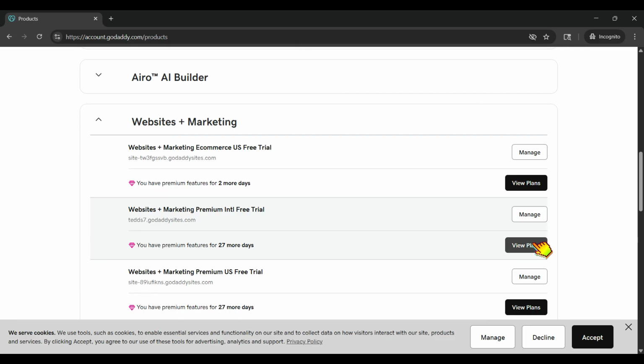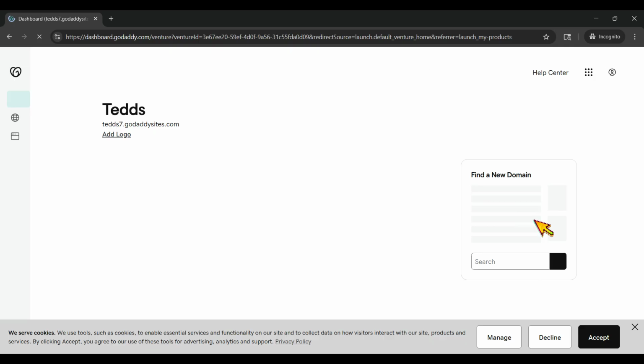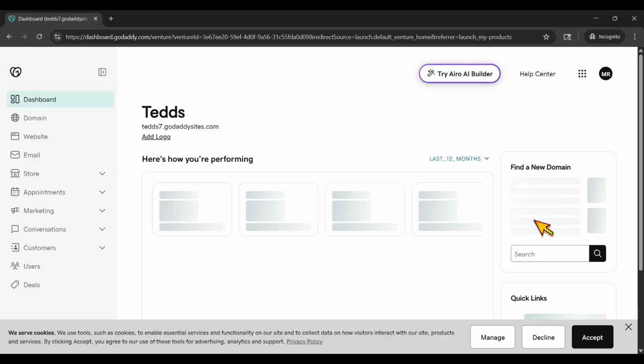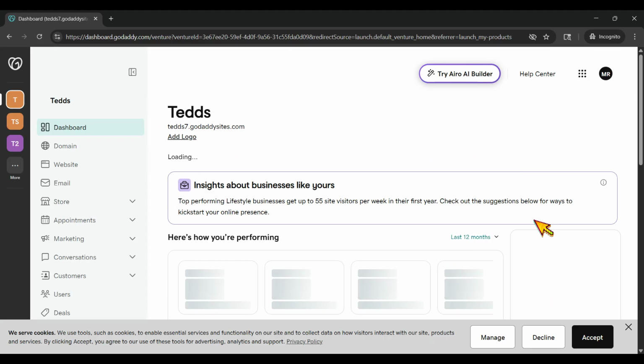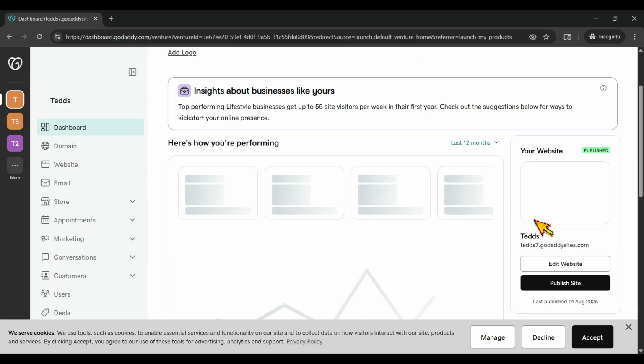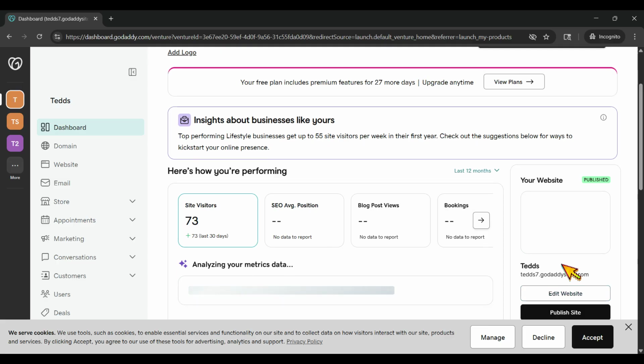This is where GoDaddy displays the website you've created with the website builder. If you manage more than one site, take a moment to find the correct one so you don't open the wrong dashboard. When you locate the website you want to work on, look for the Manage button next to it and click it. This will take you into the site's management area, where you can control your website settings and